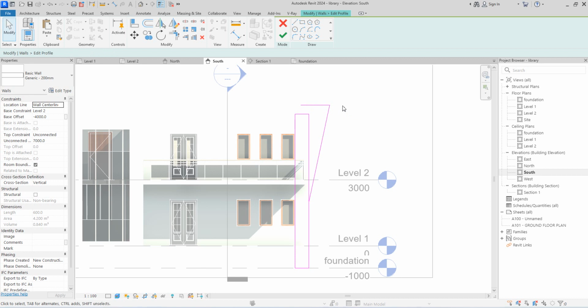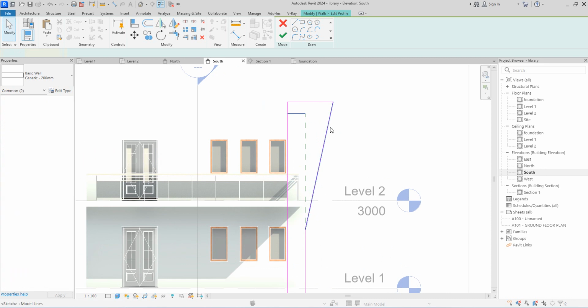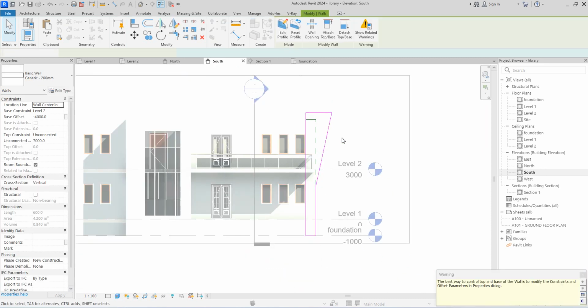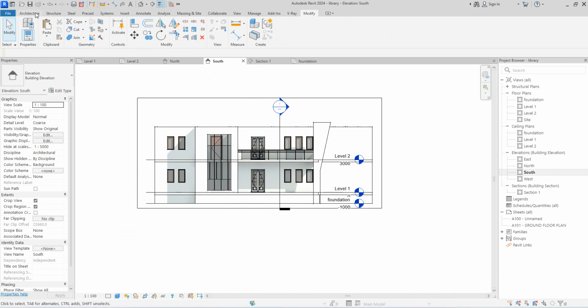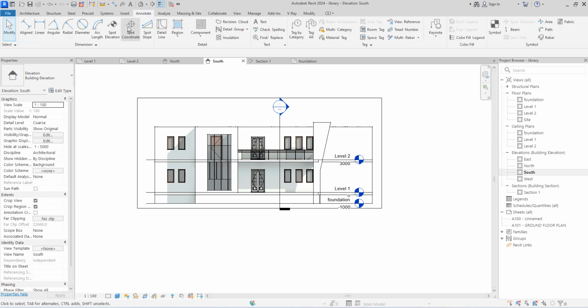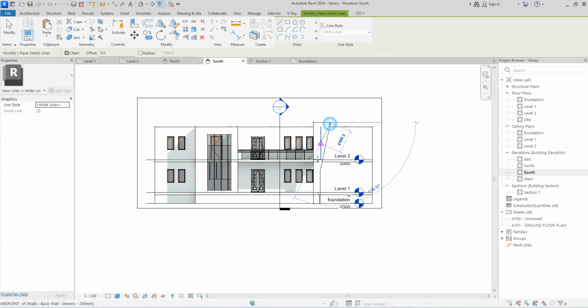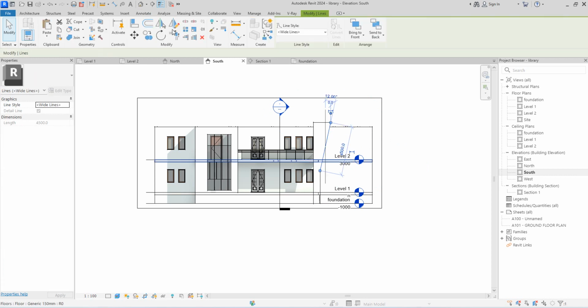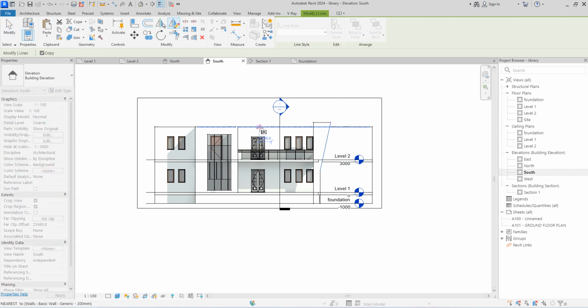My mouse is having issues. So click here. Okay, then escape. Press escape again. Click finish. So this part is done. So what you just need to do to replicate this side is that you need to work on, and that is what you do now. You click on annotate, create a line, just a detail line, so that you'll be able to have the uniform of feasibility. So you mirror this,